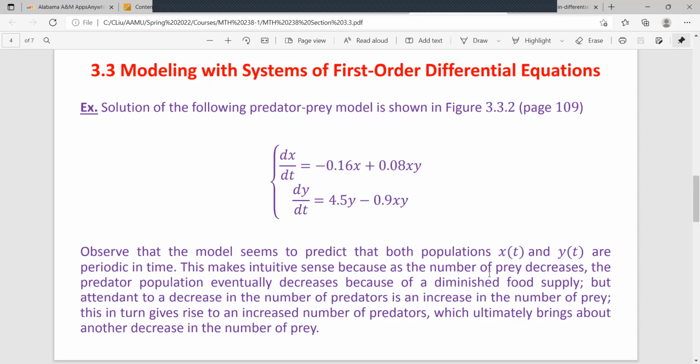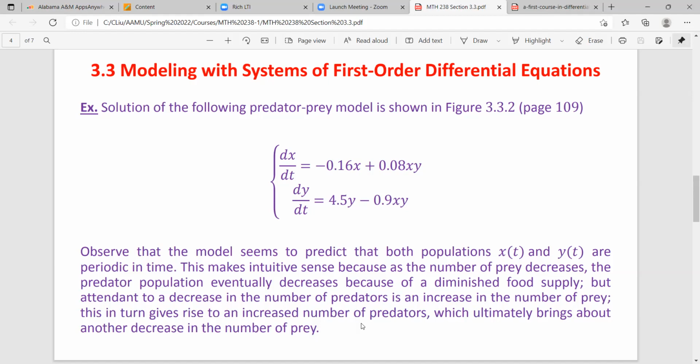So that means the population of the rabbits decreases first, but then after some time, as the population of foxes decreases, the rabbits will increase back. And this in turn gives rise to an increased number of predators. Because the population of rabbits increases, that provides more food for the foxes. So the population of foxes will increase